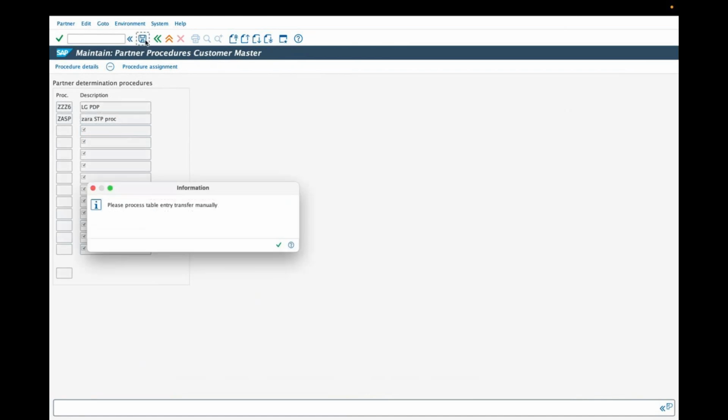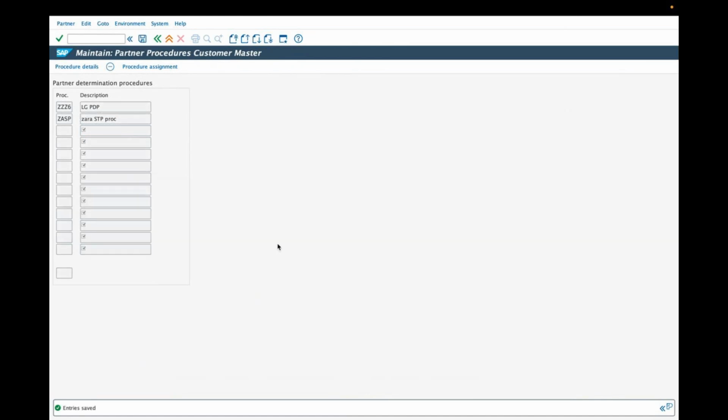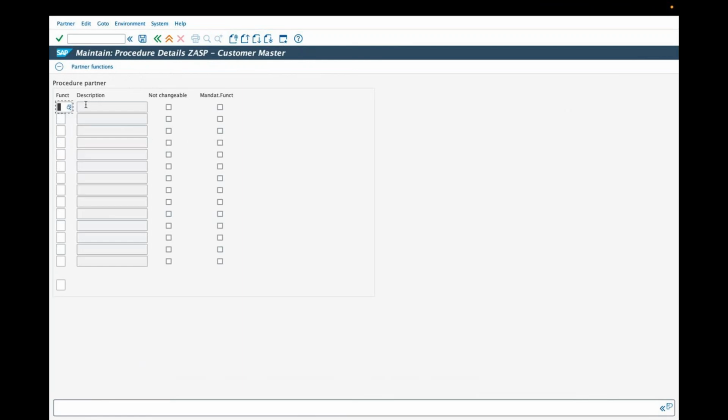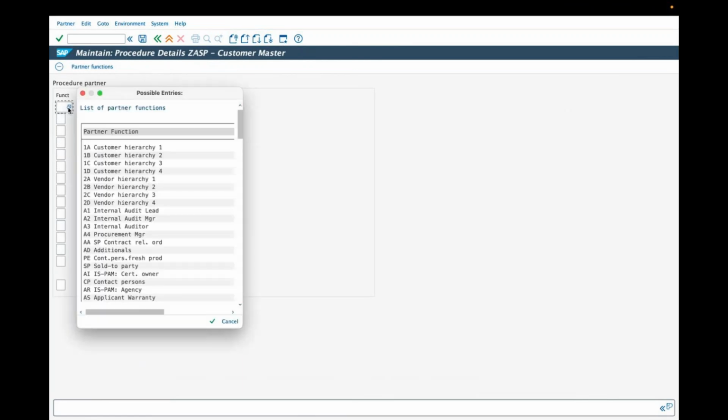First save it. That is, you're making a folder and you save it. ZASP, enter. So find your mate. It will place it on the top. Then double click on it again. Now here pull the functions. So SP here first, then